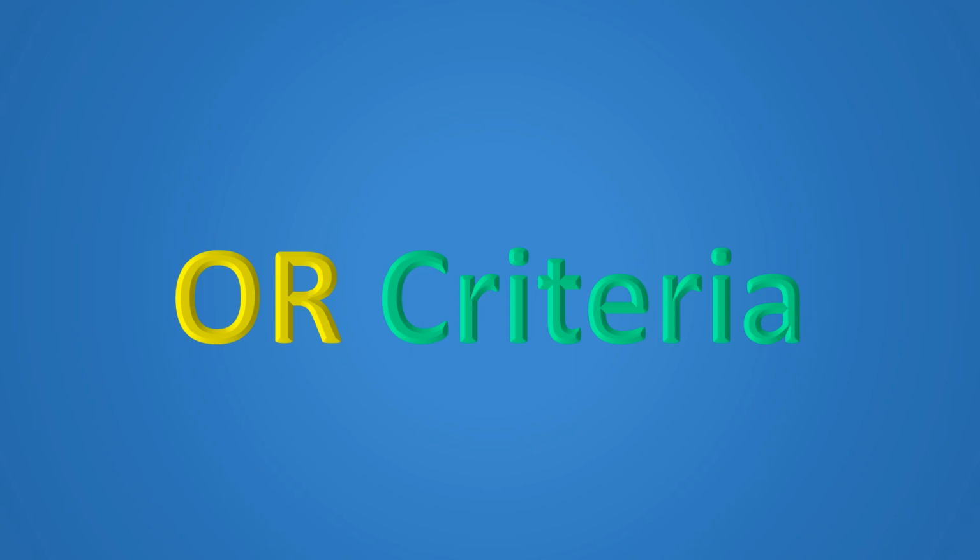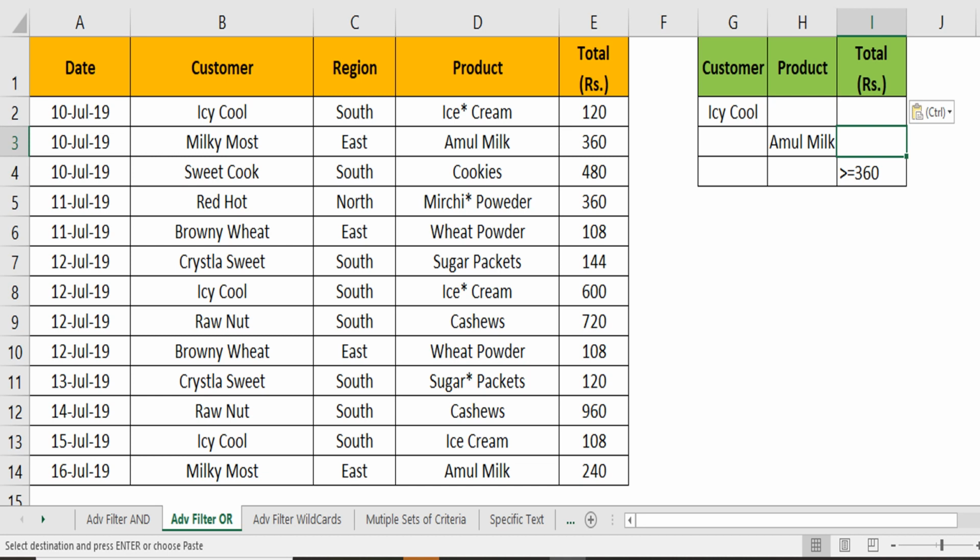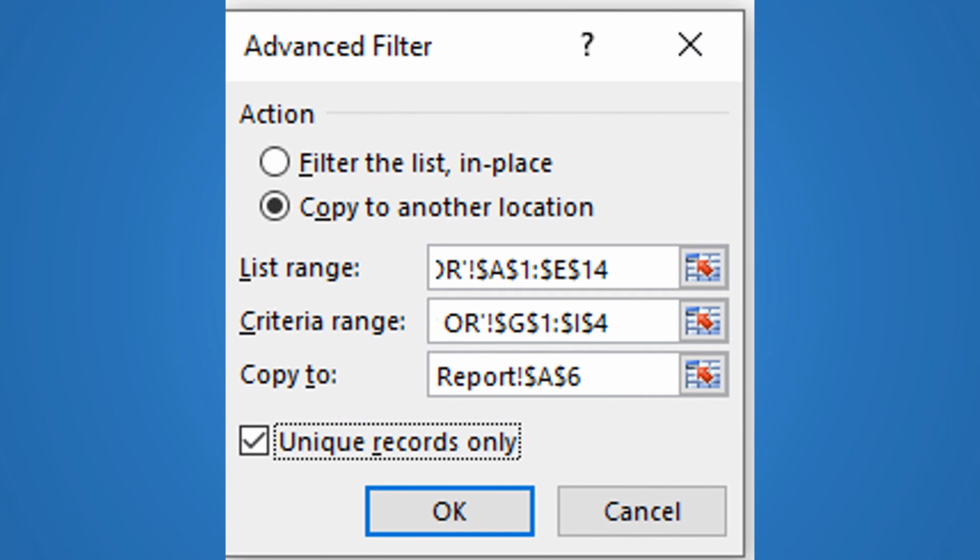Now, we move on to understand how to give an OR condition, which we cannot give on the fields using the autofilter option. In this case, we need to give criteria for each field on different rows, meaning not in line in a single row. The procedure to apply the advanced filter doesn't change. We have to give the filter options the same way by mentioning the database, criteria, and the location where we want to get this data.